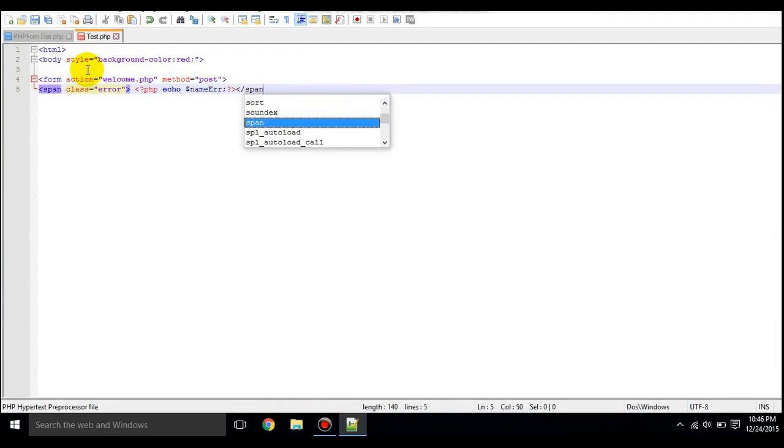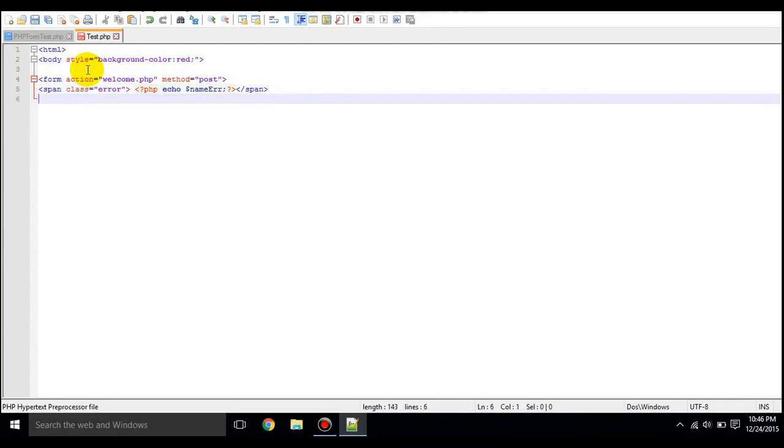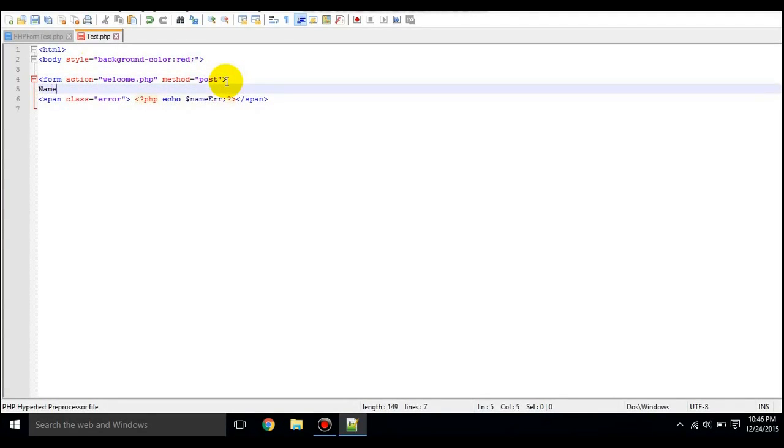Once you've closed the span tag, go to the next line and have two break tags. What this does is skip a line between the form fields like name, email, etc. So what we're going to do next is, actually, I've made an error here. What you had to do first is have the name, and we're going to use the input